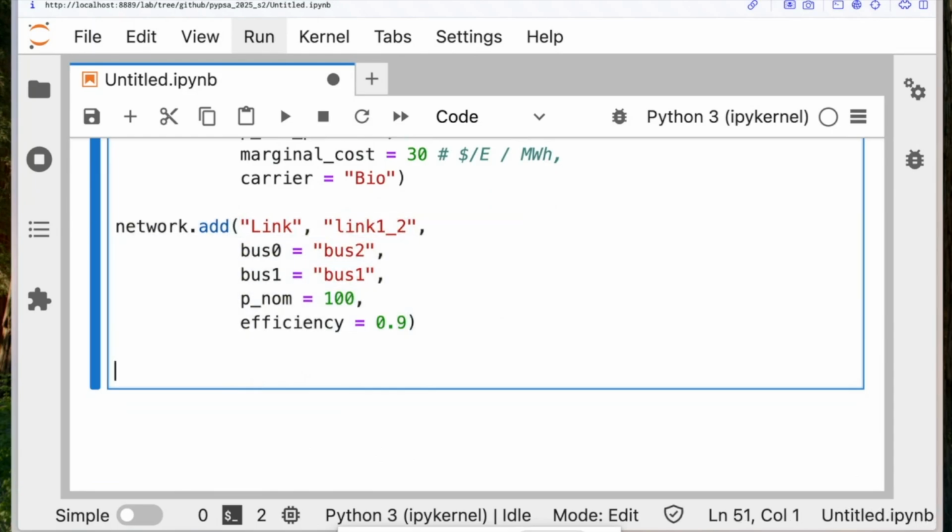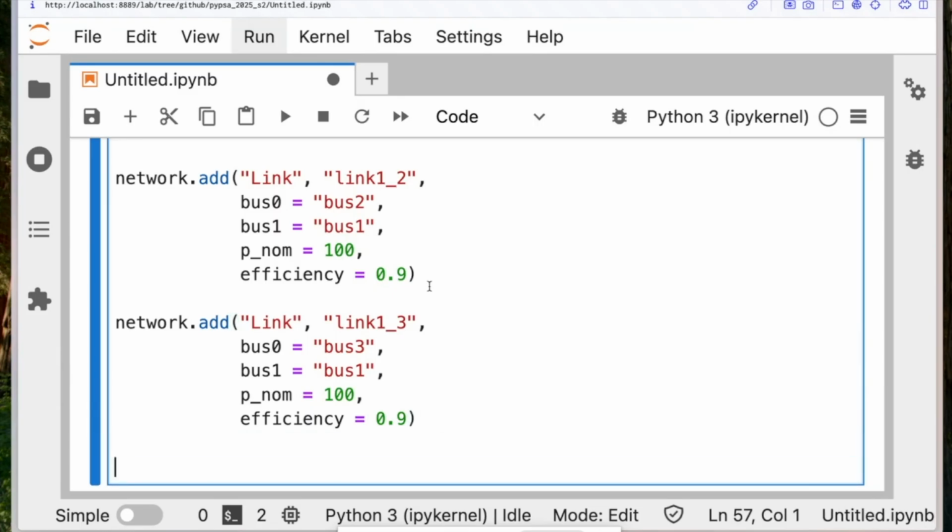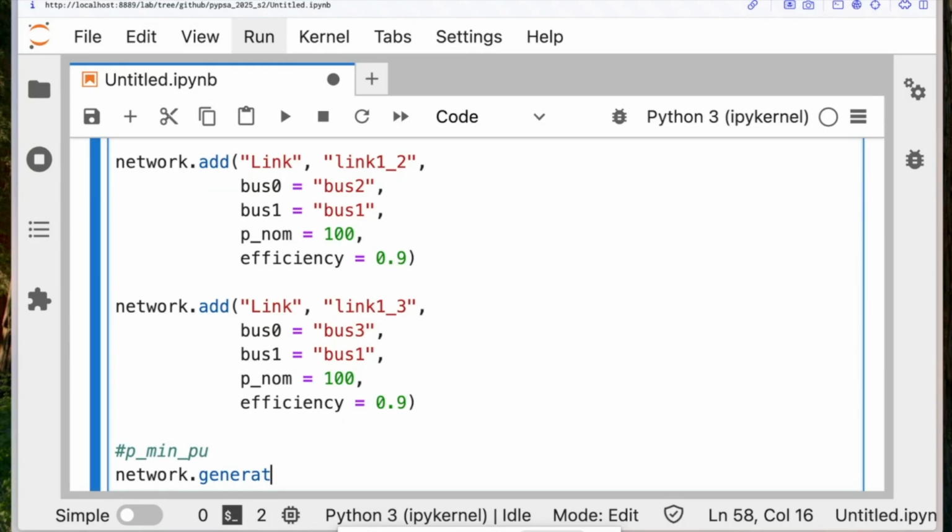And then we will copy and paste the link. We will connect 1 and 3, which is exactly the same, but connecting bus 3 to bus 1. Then we are going to add some other information. Network generators start up. Probably we don't need a startup cost. Let's set just a payment view. Network generators